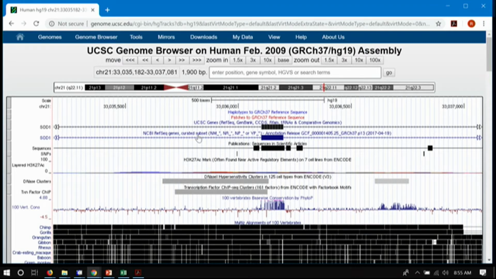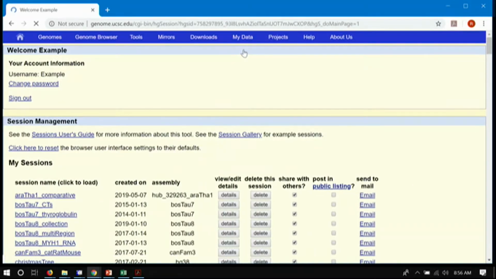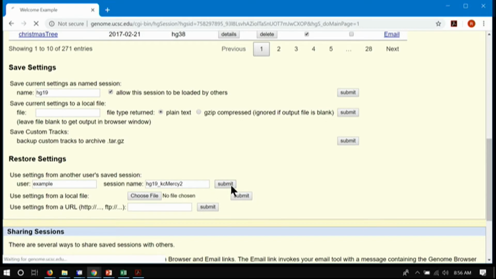You just have to know that when you restore a session, my username was example, and my session name was HG19_KCMercy2 with a capital M. It is case sensitive. And so that feature lets you save a browser view with anybody that you want to share it with. I'll go back to my data, my sessions, and I'll reload this session here, and I'll show you that